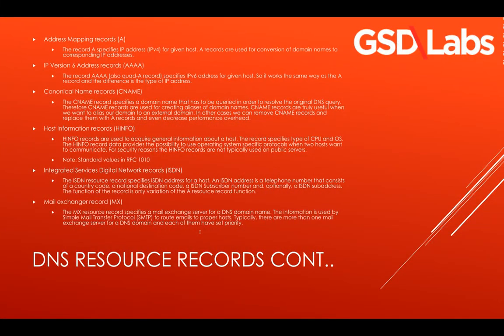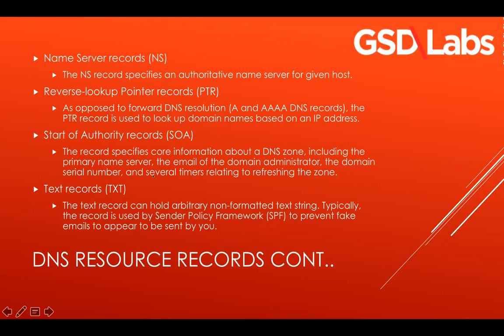If we move on, I'm ignoring the host information record. There's some information here on what it is. It's basically a standard value, and then the integrated service digital network record as well, right? If we go next, then we have